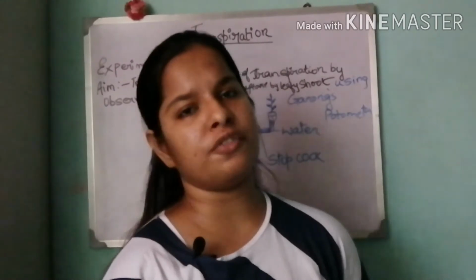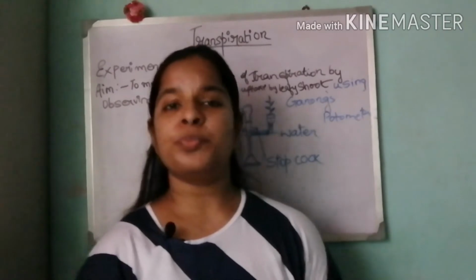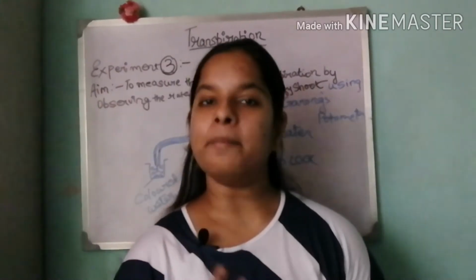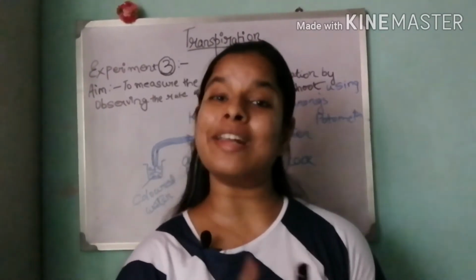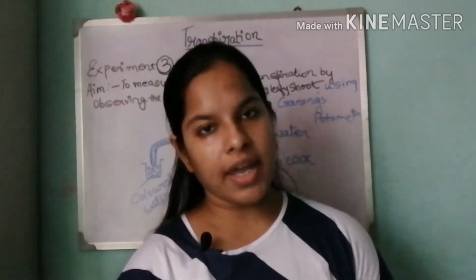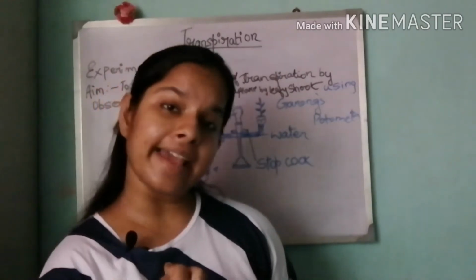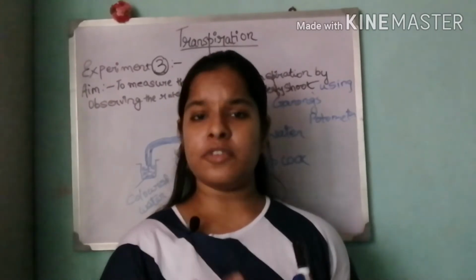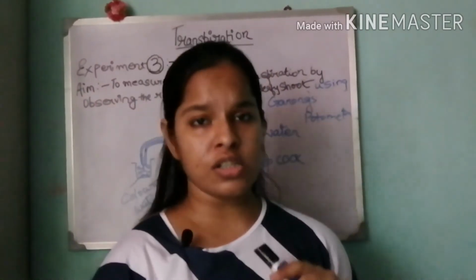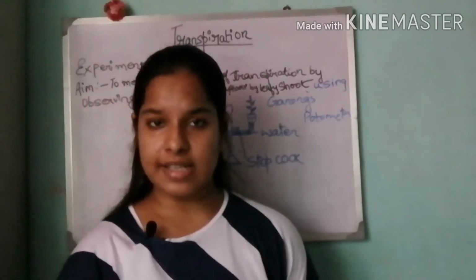Before we go into the details of this experiment, let us understand what a potometer is. A potometer is basically a device that measures the amount of water intake. Remember, it measures the amount of water taken in by the plant, and it does not measure the amount of water lost. You might be thinking, if it measures water intake, how can we see the water lost? Obviously, in the first video I said there is a balance between water lost and water absorbed. So with that principle we will use this device.